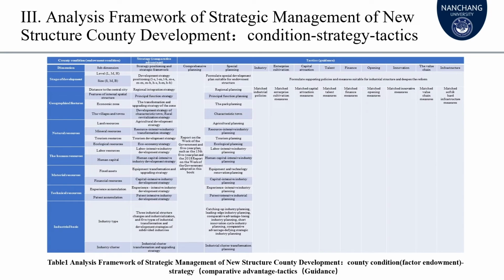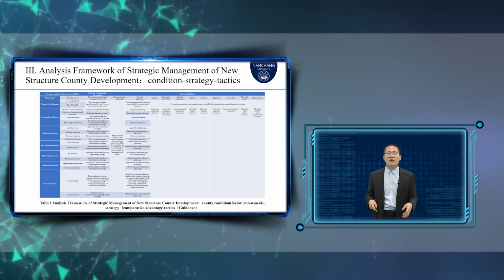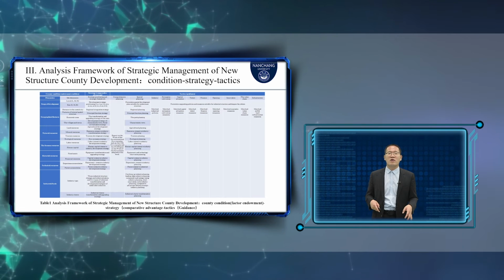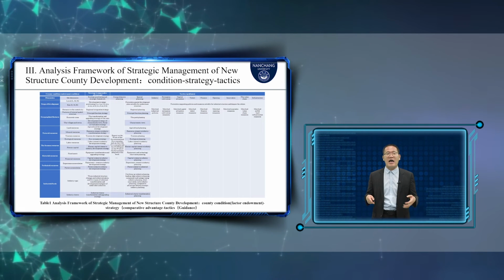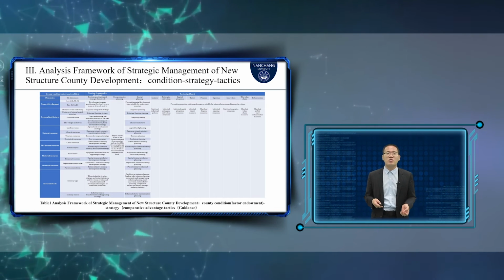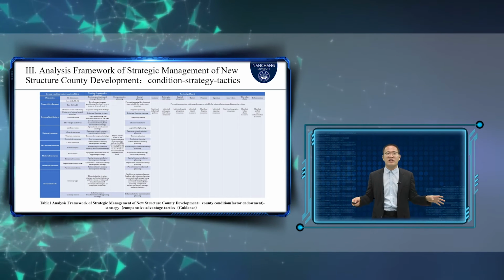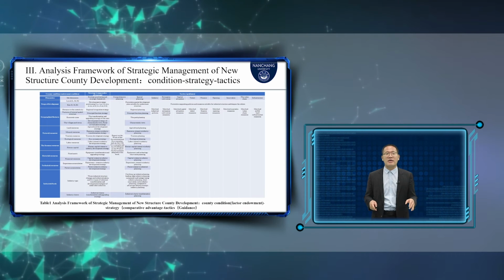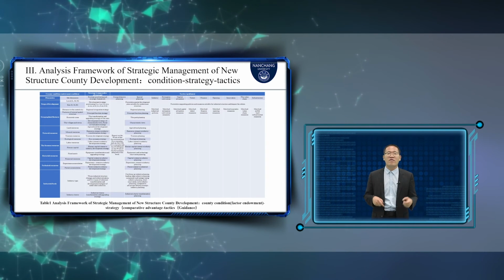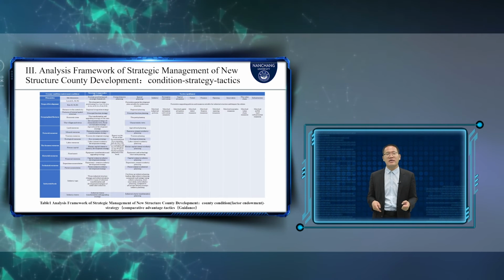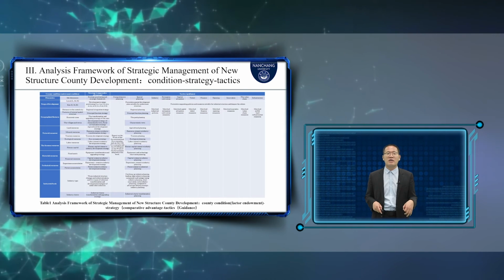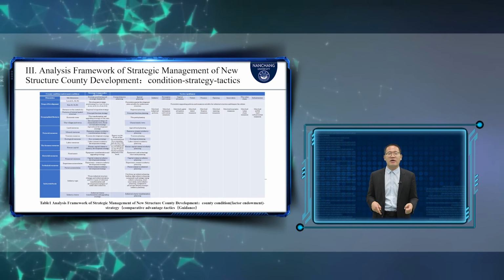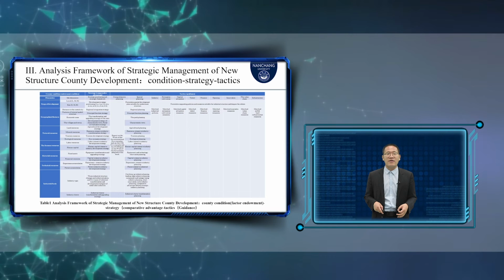The county-level government plays an active role in the development of the county economy in the economic takeoff stage. As mentioned above, different counties have different factor endowments in terms of development stage, location characteristics, natural resources, human resources, material resources, technical resources, industrial foundation, historical features, and cultural characteristics. Their development strategic positioning, strategic direction, and strategic framework in line with their comparative advantages are also different. As the strategy is long-term and comprehensive,